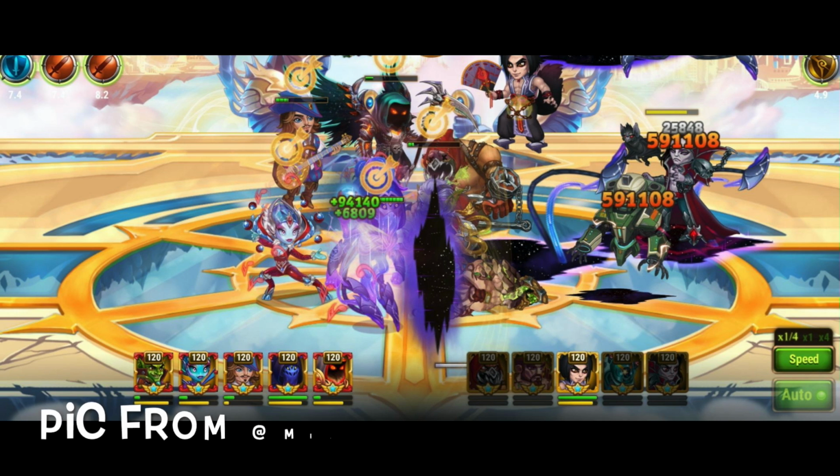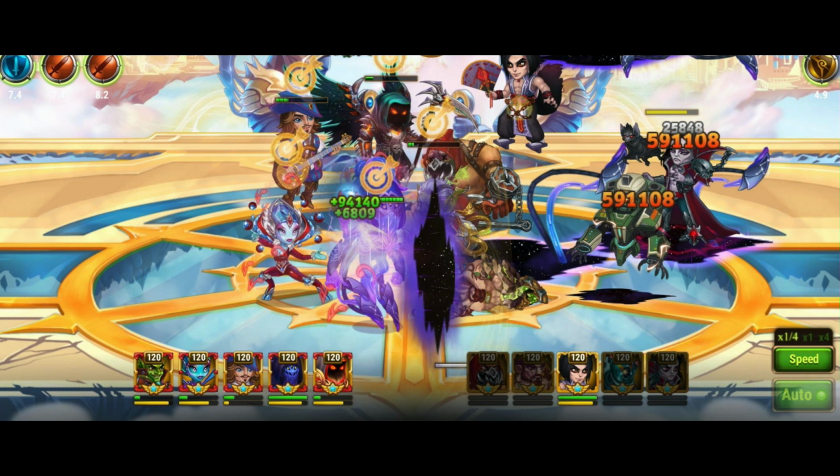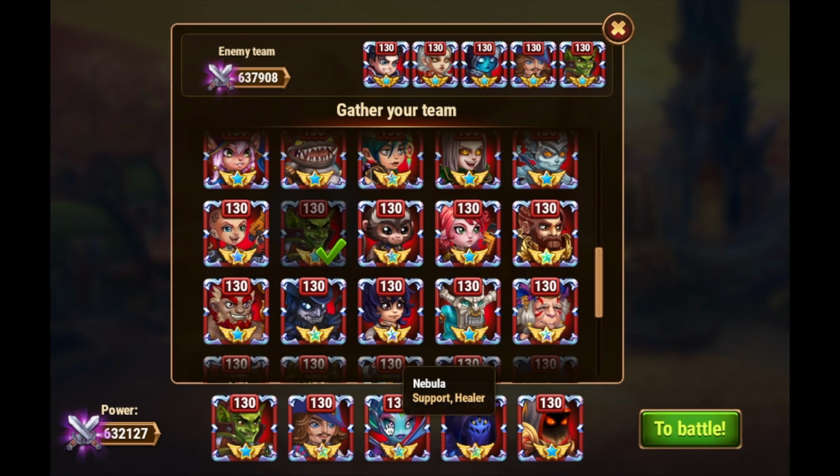However, Mini Dragbike showed a screenshot of a Kark doing massive crit damage, and that's really the point. You have your Jet and your Sebastian supporting your Kark. You get your Nebula's buff to land on Kark, and it does massive damage if Kark will crit, plus all that pure damage on top of it with Sebastian. Now, it's worth mentioning